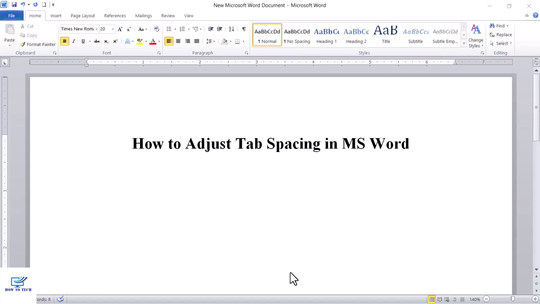In this video, you are going to learn how to adjust tab spacing in MS Word. You can see I am pressing the tab button and it is moving forward. So if I want to increase this indent or if I want to increase the tab spacing, so go in